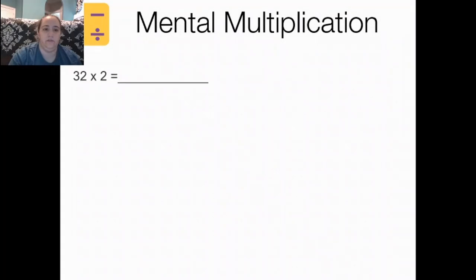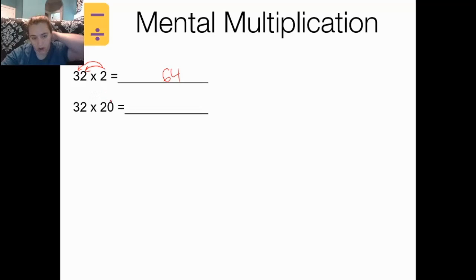So we're going to start off with some mental multiplication. So first we have 2 times 32, and so I can just come over here and I know 2 times 2 gives me 4, and then 2 times 3 is 6, which makes it 64. Alright, now I'm going to do the exact same thing, but if I take this 0 over,